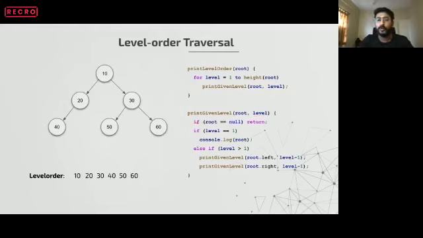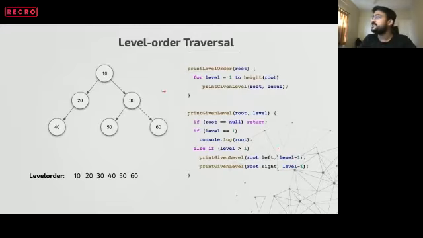So this is a base case. I hope all of you are comfortable with recursion. Whenever we write recursion, we have to provide some base case to it, so that our recursion does not go into an infinite call stack, correct? So if root is not there, we are just returning out of it. And if it's level 1, then we are printing the root. Why are we printing when the level is 1? Okay, we'll come to that. And if the level is greater than 1, we are recursing to the left subtree and right subtree with level - 1.